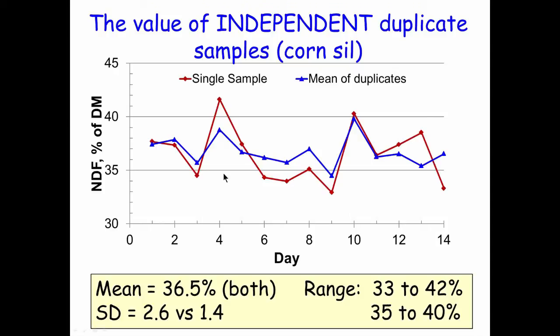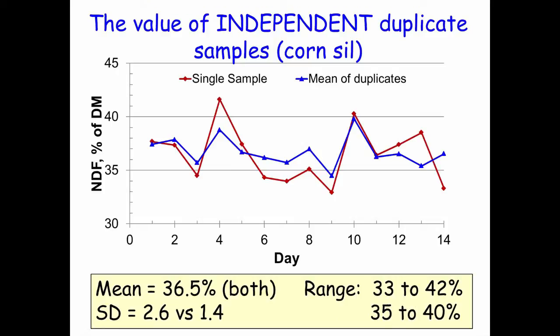Here's some data here. The red line is a single daily sample. The blue line is the average of 2 daily samples. Both of them ended up over this 14-day period with exactly the same mean, which we would expect. But look at the standard deviation. Single samples, 2.6. A mean of duplicate samples, 1.4. The range with single samples was 9 units. The range with